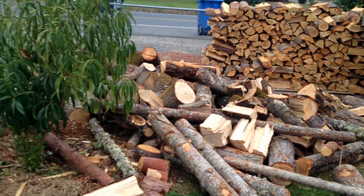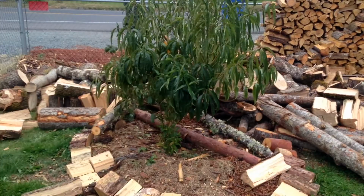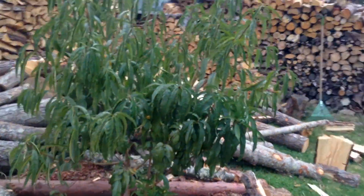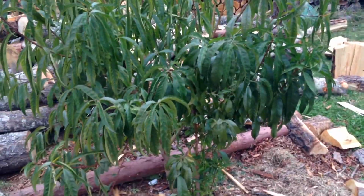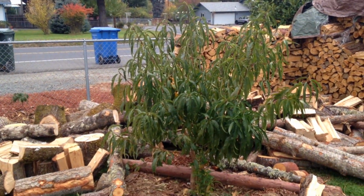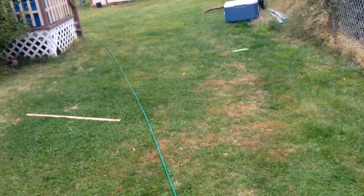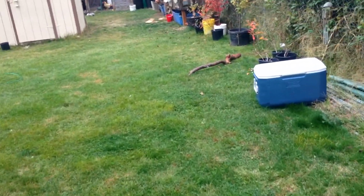Another thing that you can do is put in a fruit tree. These are 2 peach trees that I put in the beginning of this year. As you can see, the one on the left is going bananas. It is huge, and if you get them at the right time of the year, you can get them very reasonably priced. I think they're about $13 a piece, and that was at the beginning of bare root tree season, which is